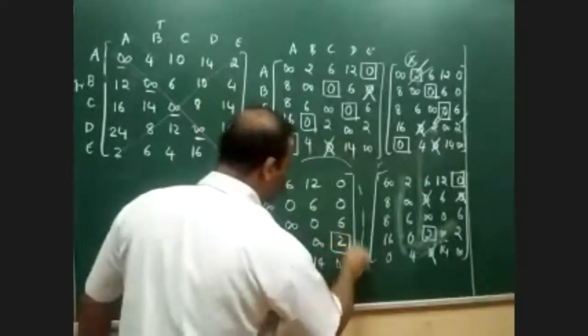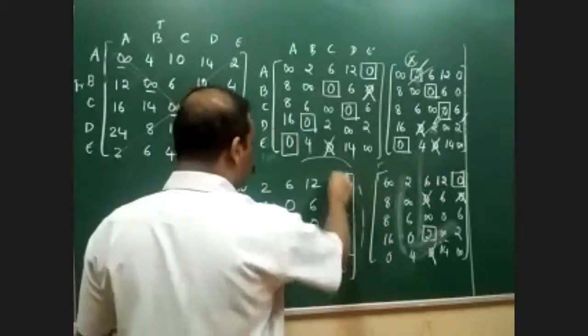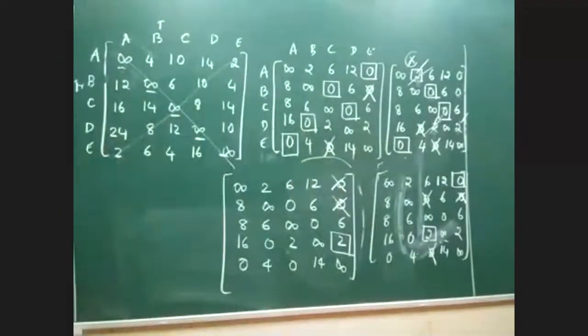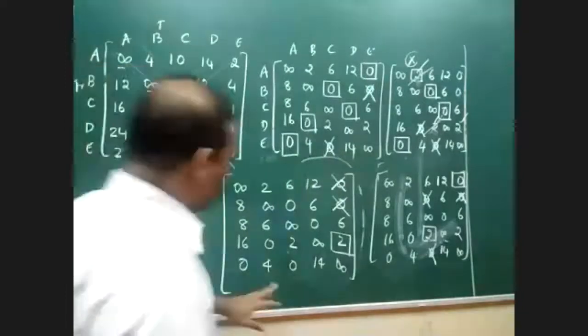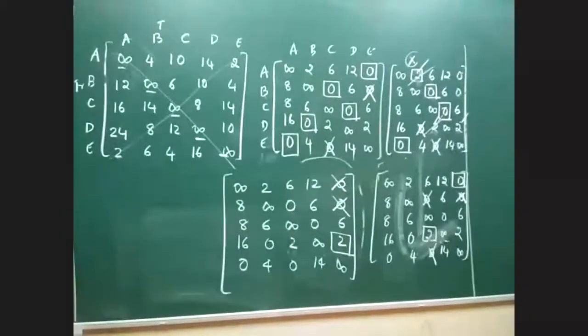If I'm taking this, then this is also blocked and this is also blocked. Okay, two are blocked. Now you can see that. Can you please tell me, are we ending up with the same solution? Yes, sir, you can see that the first row has again absolutely no allocation at all. Are you all able to see this? If I select the third 2, you can see that there is no allocation at all, because all the zeros in the first row get blocked.